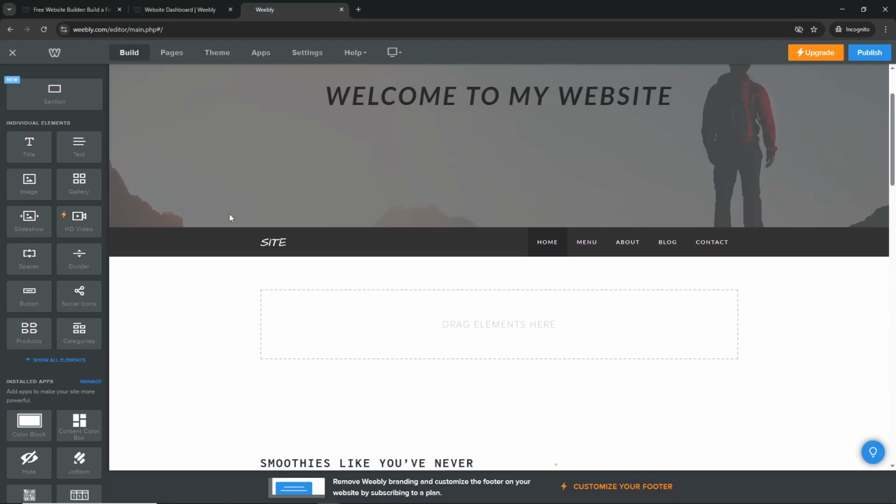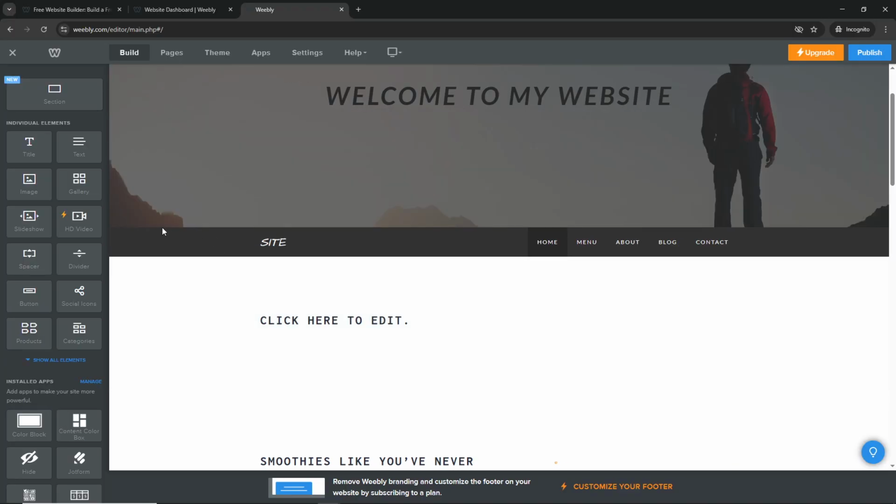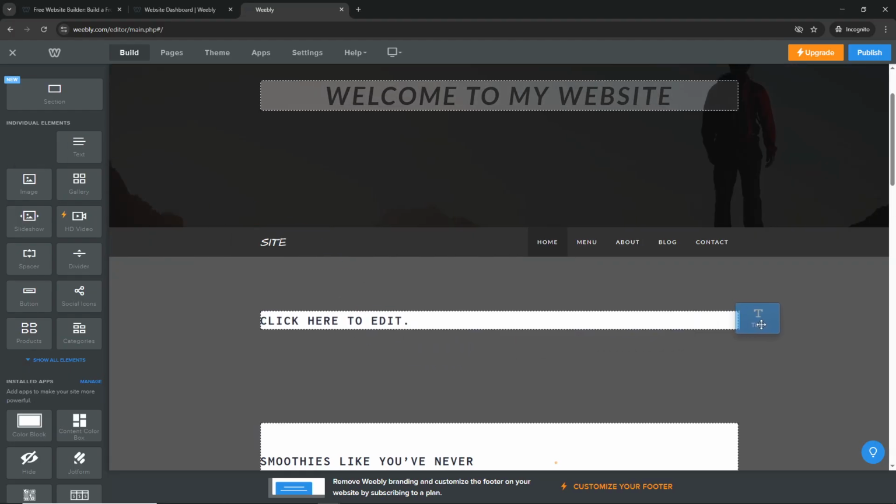All you need to do is drag one element beside another element, and Weebly will automatically create a column layout for you. For example, if you want two title elements side by side, simply drag a title element from your element library and position it to the left or right side of an existing title element that's already on your